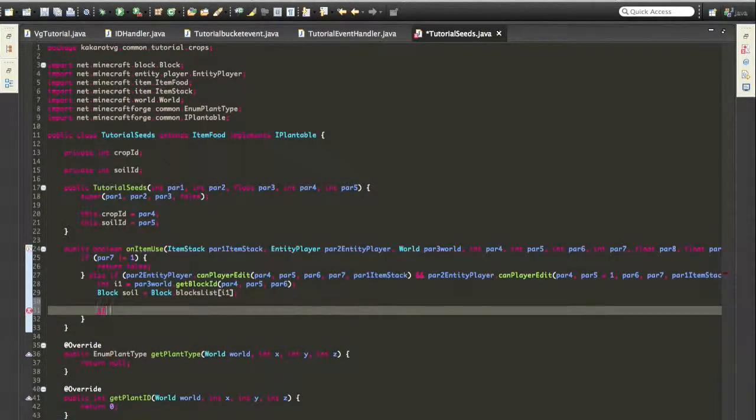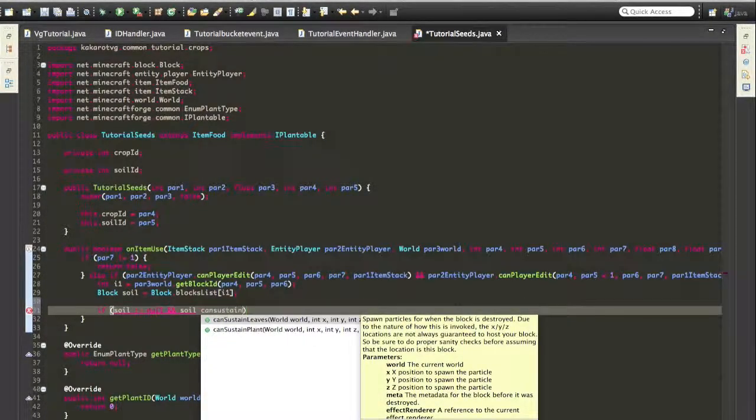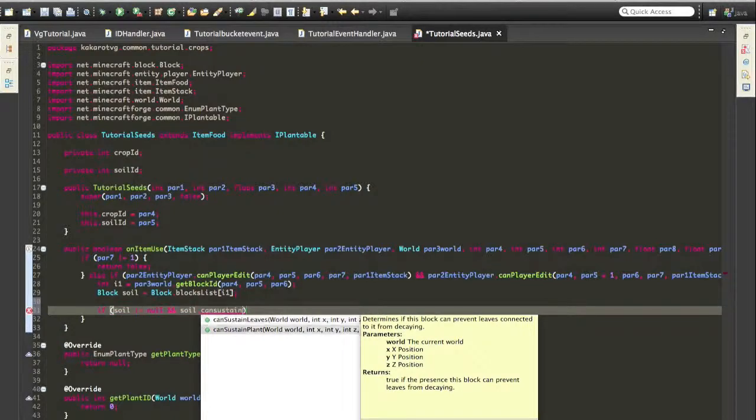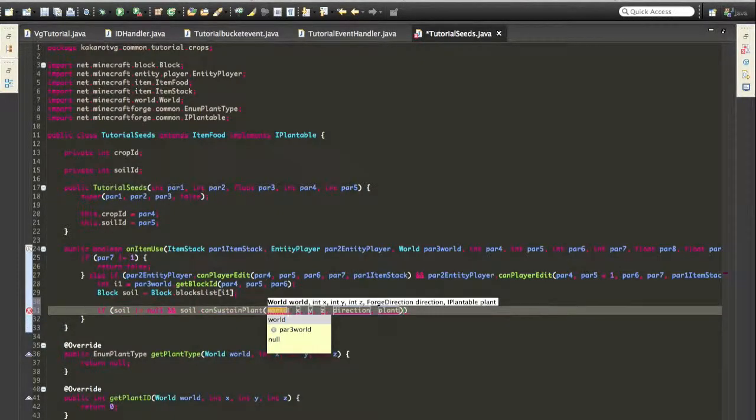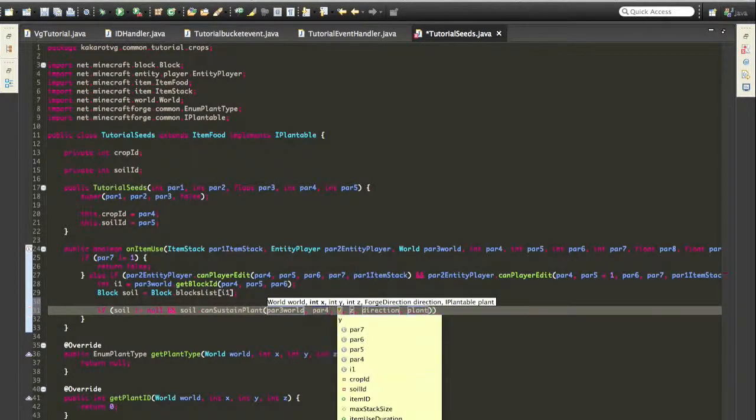If soil is not equal to null and soil dot can sustain plant par3 world, par4,